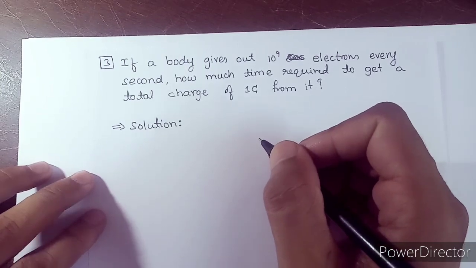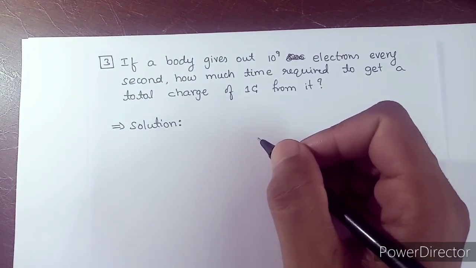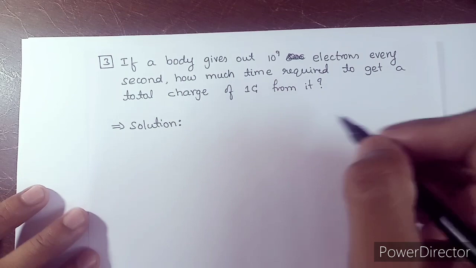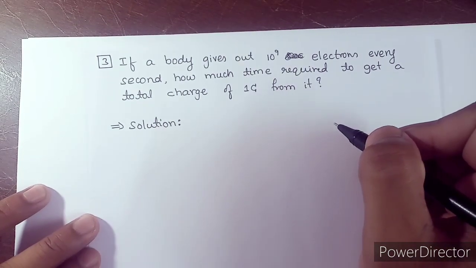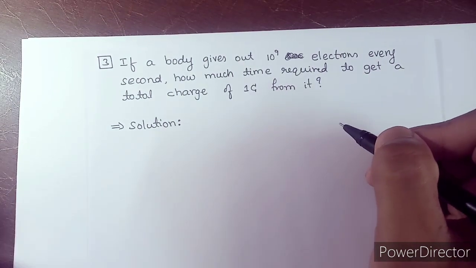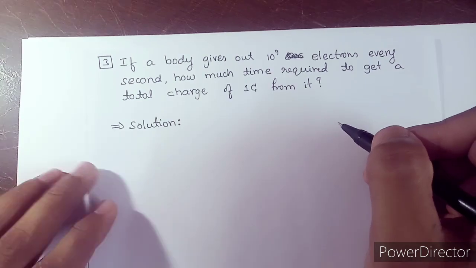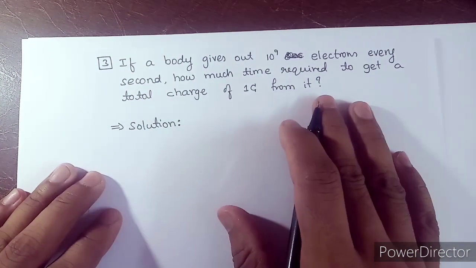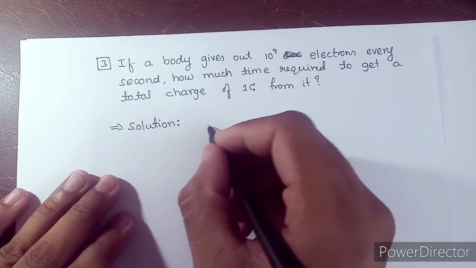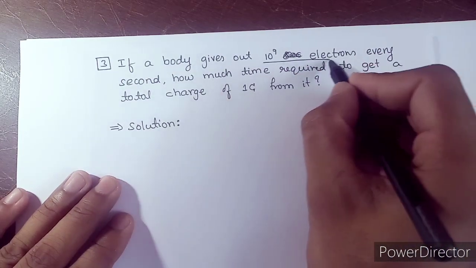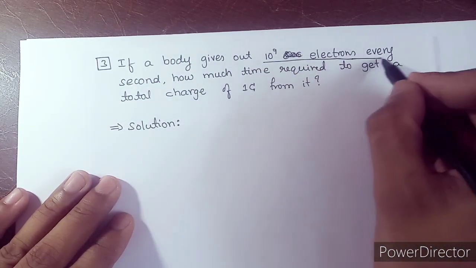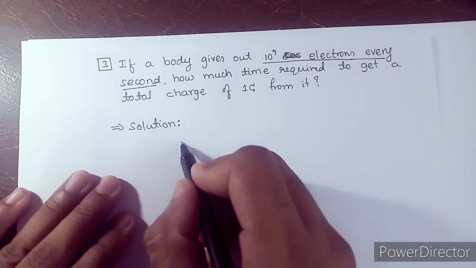Okay, we have one more problem here. If a body gives out 10 to the power 9 electrons every second, how much time is required to get a total charge of 1 coulomb from it? Okay, simple. According to this, we get the data: 10 to the power 9 electrons every second. So it takes